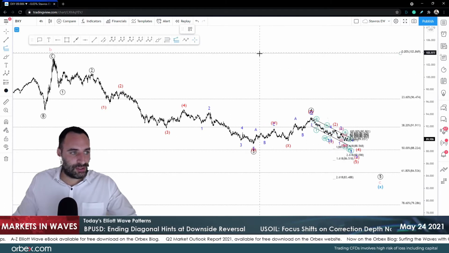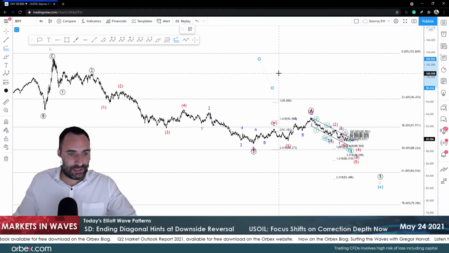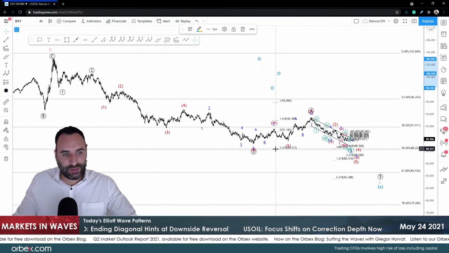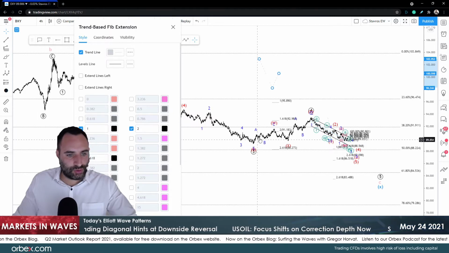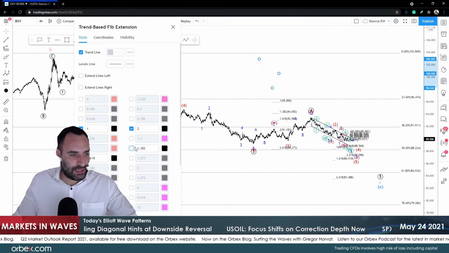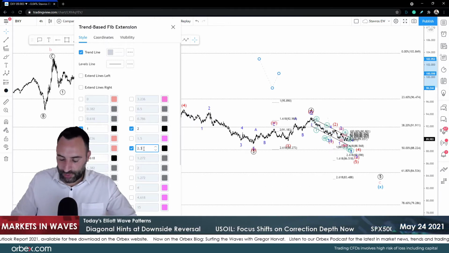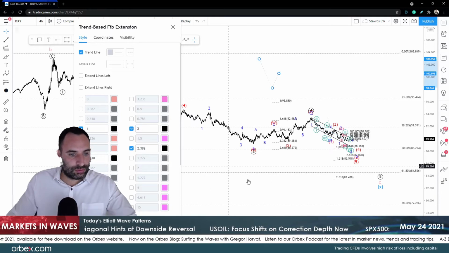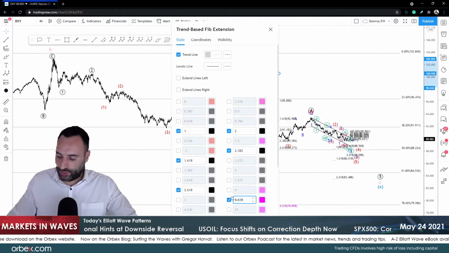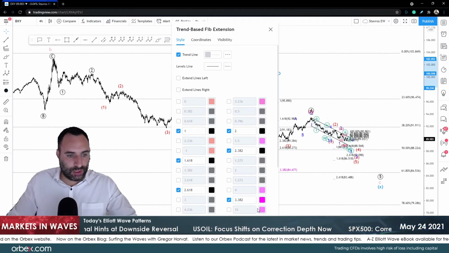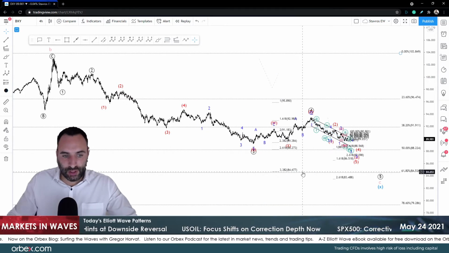Now, pulling a Fibonacci from 1 to 2 is something that we can do to really check where exactly we're heading. Now you can see that we nearly did. Maybe the 2 is not 238 perhaps. Let's just try this, one second. 2.382. Pretty much. So it's possible 3.382 is where wave 5 is going to end,